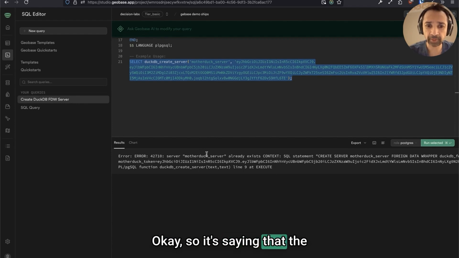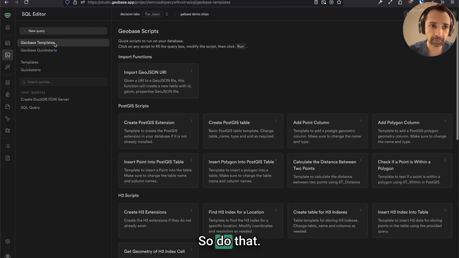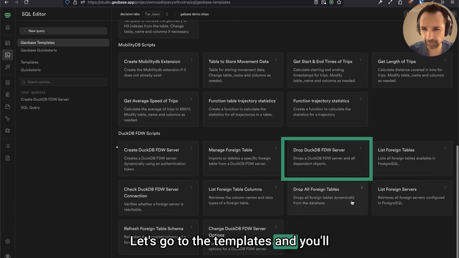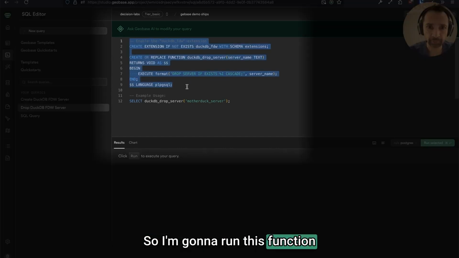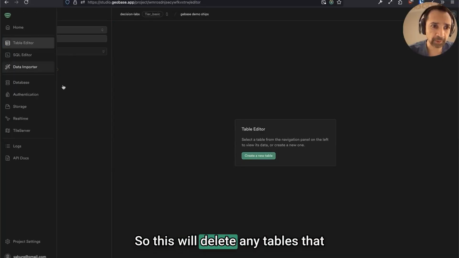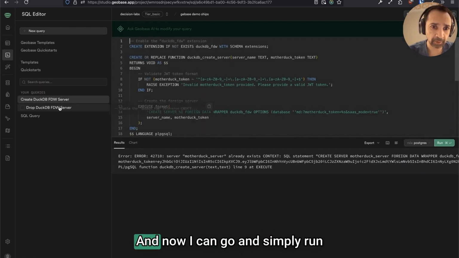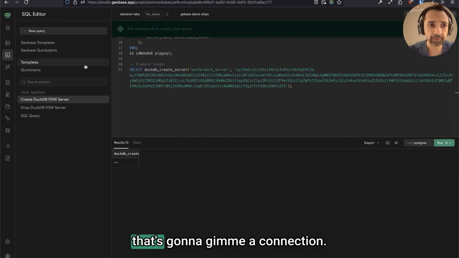Okay, so it's saying that the DuckDB server already exists, so we need to delete that. So you can drop that server. So let's go and drop that. To do that, let's go to the templates, and you'll find here the drop server function. So I'm going to run this function creation step first, and then I'm going to drop the server. So this will delete any tables that I had from that server as well. So that's gone, and now I can go and simply run this again